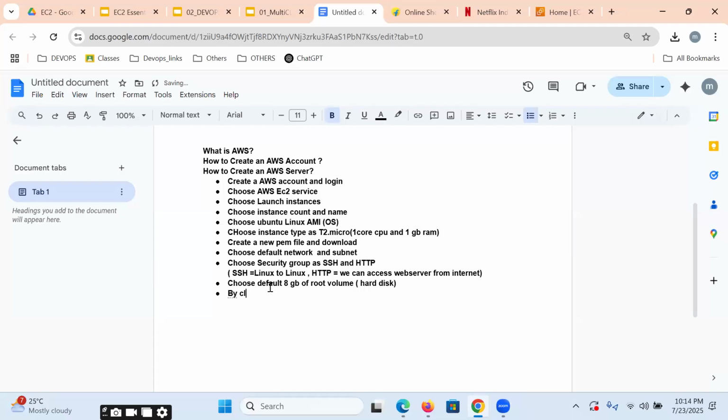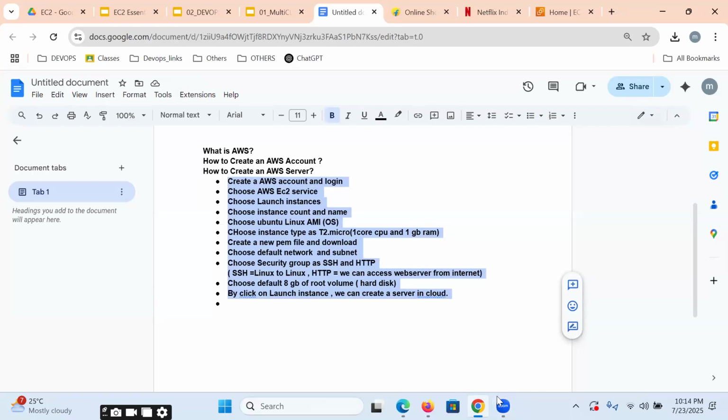Then click on launch instance, and we can create a server in the cloud. That's it. So these are all the points we are going to follow for creating a